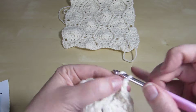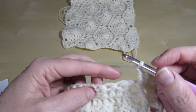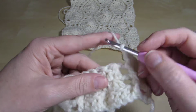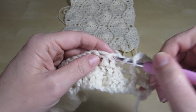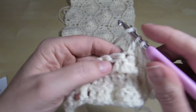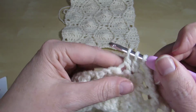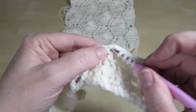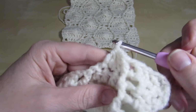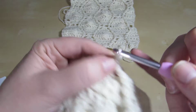We chain 1, skip the next chain space, and we're going to double crochet 3 together over the next 3 spaces. We do that by wrapping, poking through, pull through, take off 2, wrap, poke through the next stitch, pull through, take off 2, wrap, poke through the next stitch, pull through, take off 2, take all the stitches off. Chain 1,